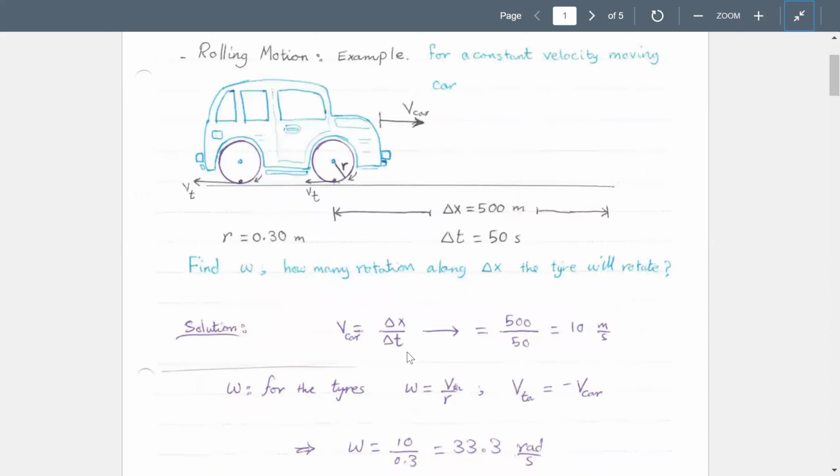It is delta x over delta t, as we know from before, which is 500 over 50, which is 10 meters per second. This is the velocity of the car. If the radius of each tire is 30 centimeters, or 0.30 meters,